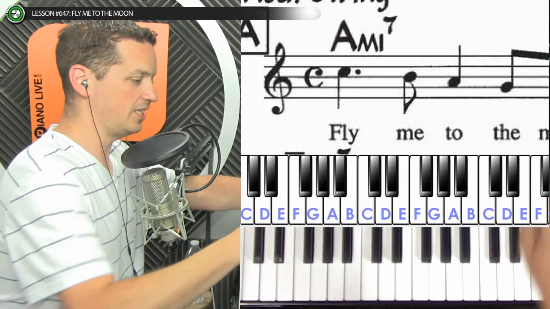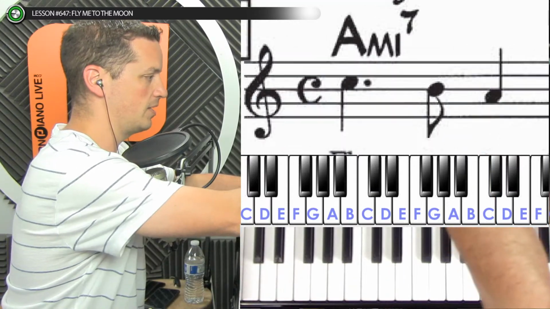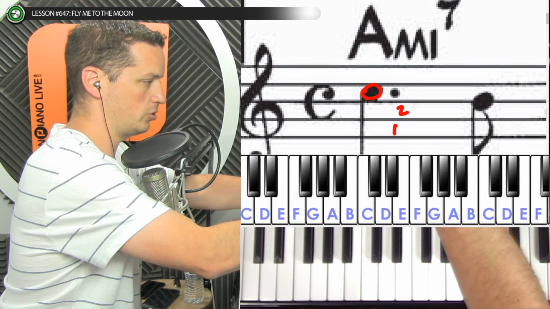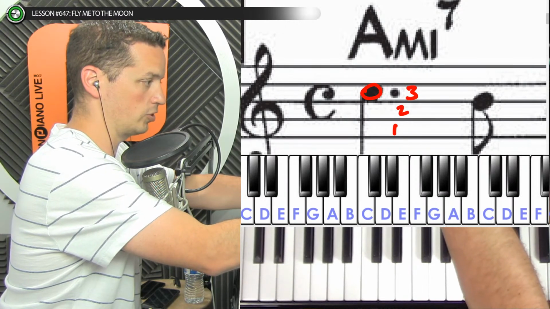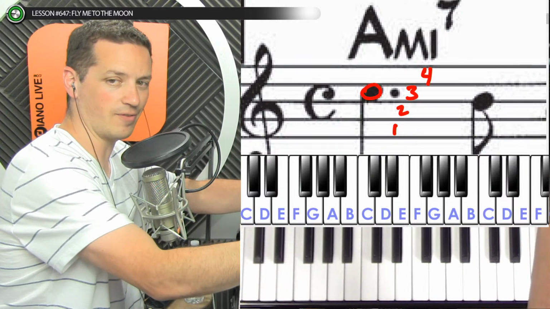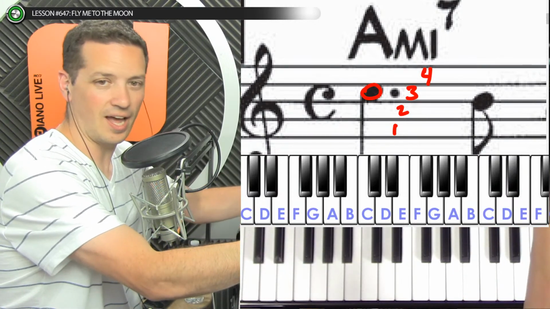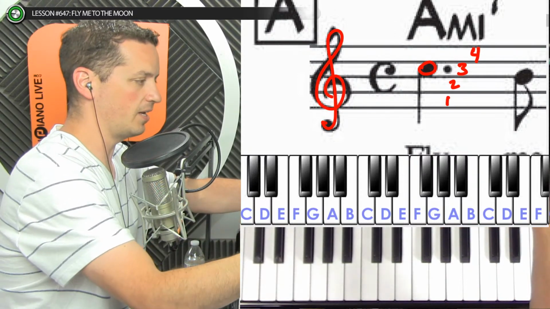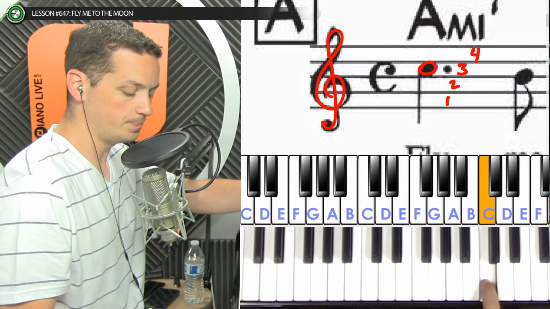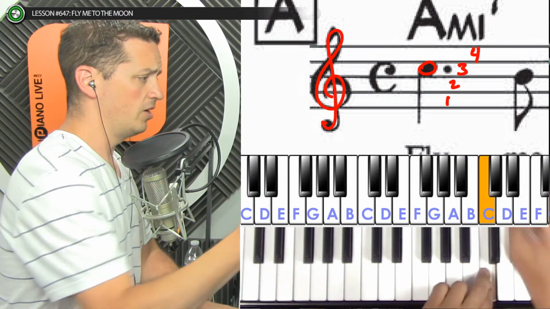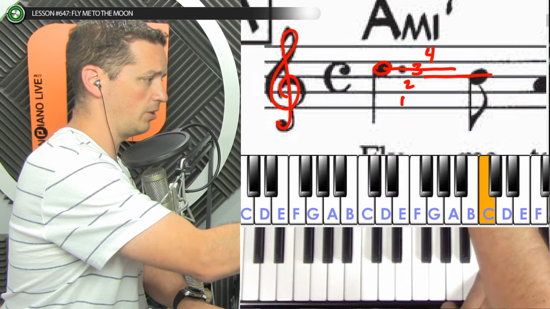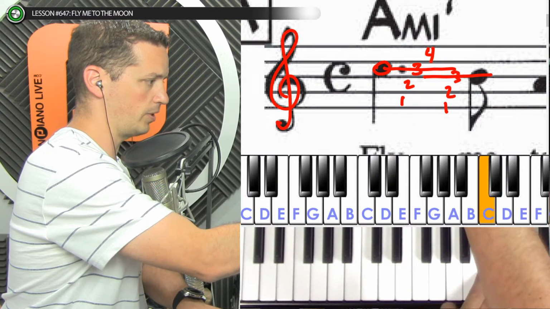We're going to start on a C, because every time we have a note that the head of the note is a circle that is on the third space out of the 4 spaces that we have here, then that's always going to be a C every single time. As long as we are in the treble clef, the third space up is always going to be a C. And from there, you're just going to go down 1 notch from the third space to the third line.